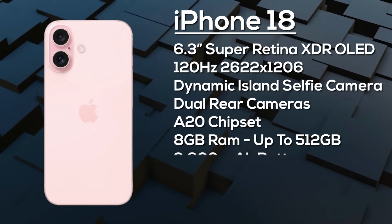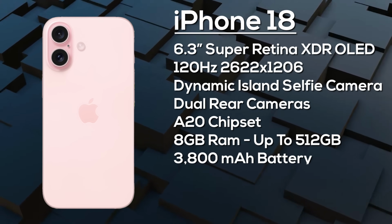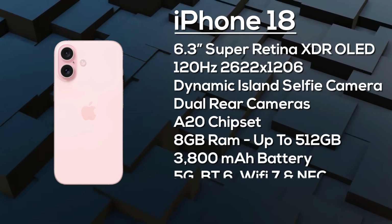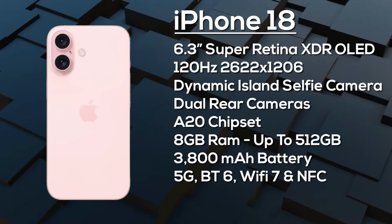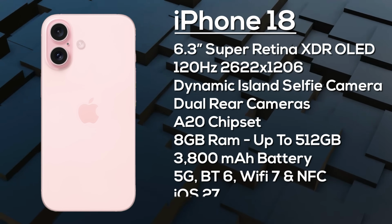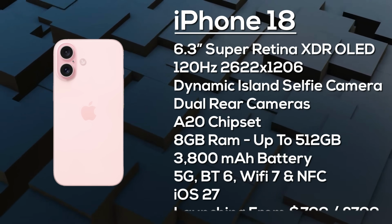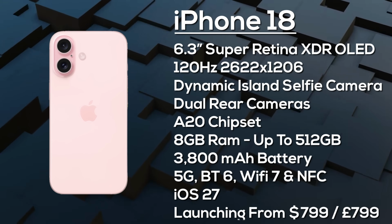Under the hood, it's going to be powered by the new A20 chip. It's built on a 2nm process for major efficiency gains, and you can expect 8GB of RAM and storage options from 128 up to 512GB. Now battery capacity is around 3,800 mAh with 30W wired fast charging and faster MagSafe wireless charging. Connectivity is going to include 5G, Wi-Fi 7, Bluetooth 6, and of course Apple's own C2 modem. It's going to ship with iOS 27 and pricing is expected to stay close to the current levels, so that's